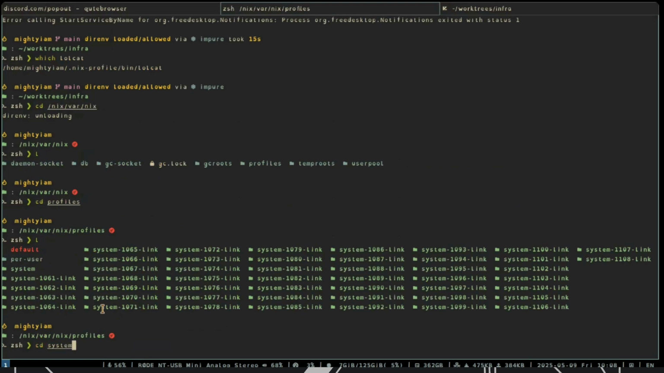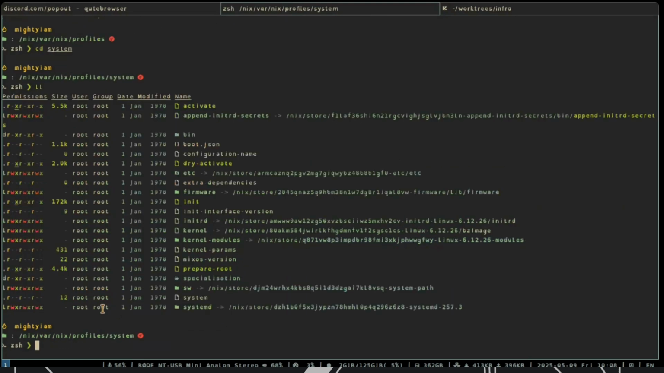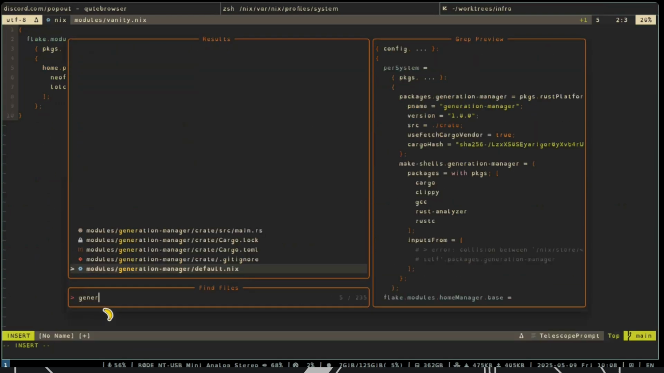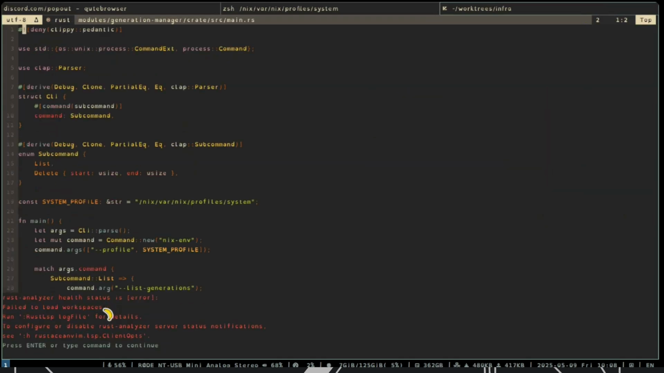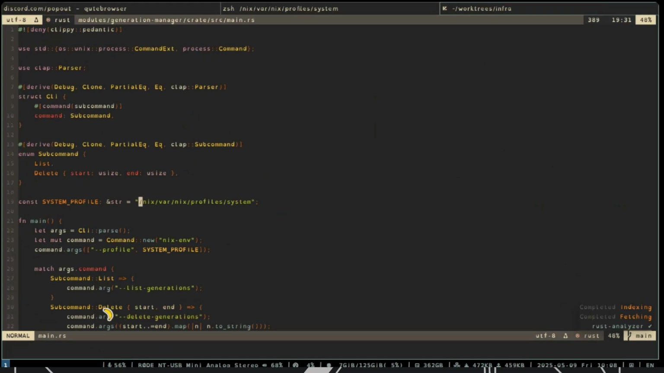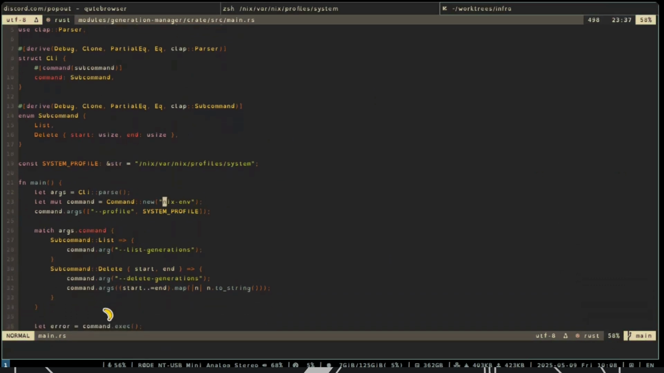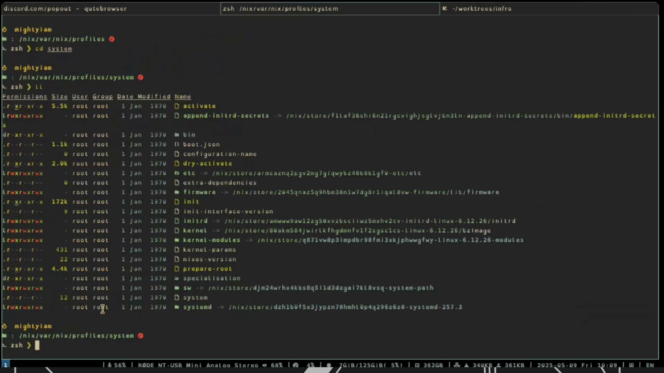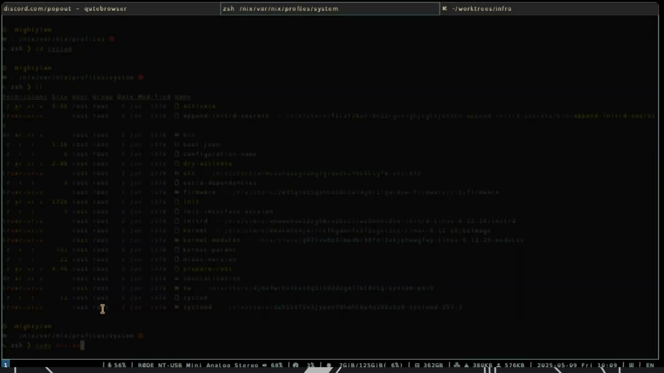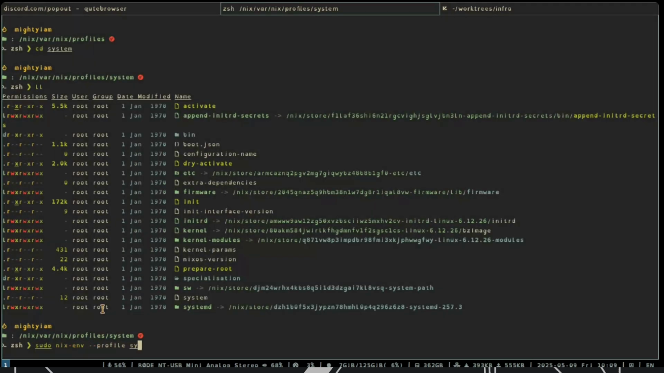Profiles system. And is that it? System somewhere. Well, I can find out if I look at my generation manager. Its implementation does. This is nix-var-nix-profile-system, and what it does is call nix with profile list generations. So that's like nix and sudo nix and profile system,